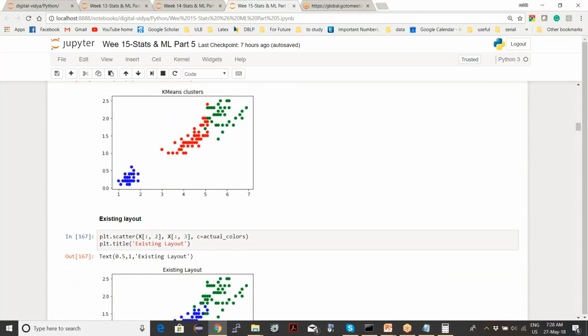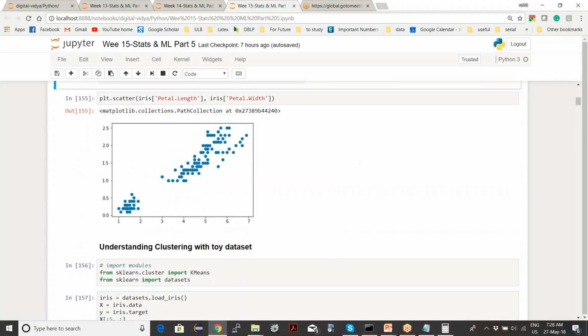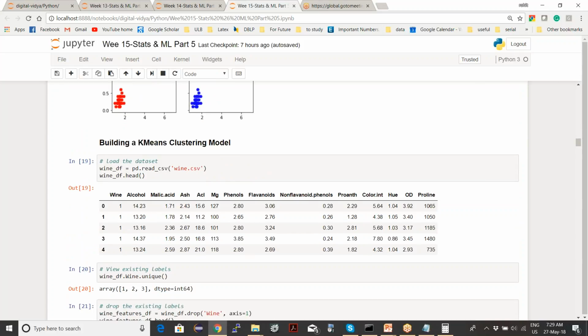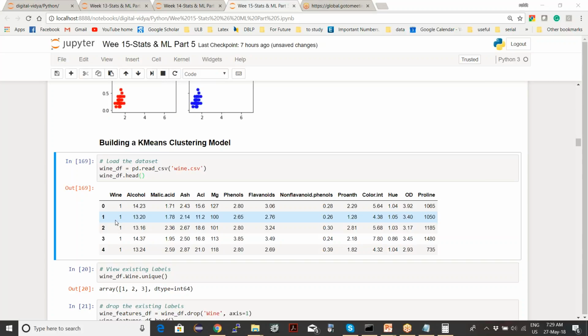This was easier, as there were only 4 dimensions. Let's take the wine dataset. It has around 12 dimensions, and then there is a category of wine, which group of wine: 1, 2, or 3.